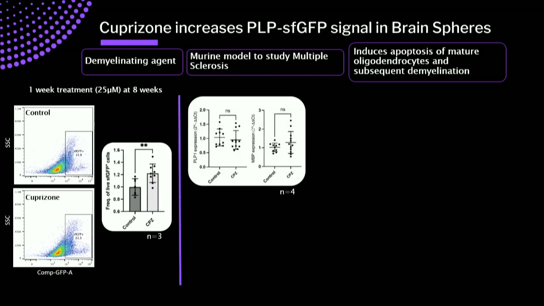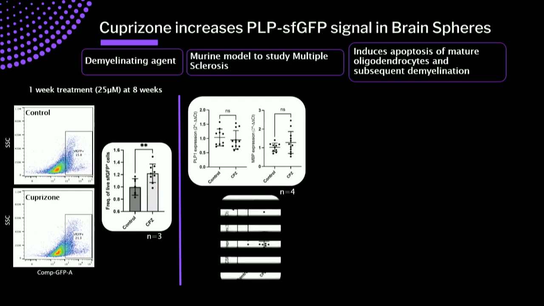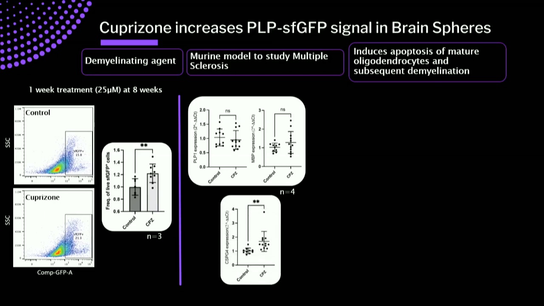Then we checked the gene expression of both MBP and PLP, and we didn't observe any differences. But after looking at the literature, we found a paper showing that in the mouse cortex, they saw increased proliferation of OPCs after cuprizone exposure. So we then checked the gene expression of NG2, that is one well-known OPC marker, and we saw a significant